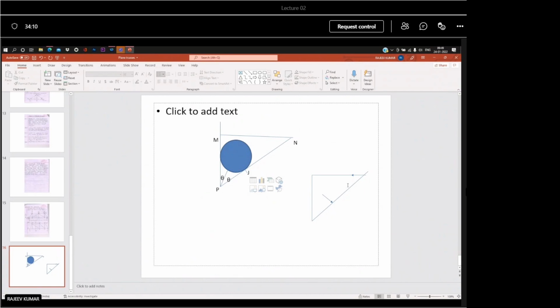So equation will become T into 57, T into